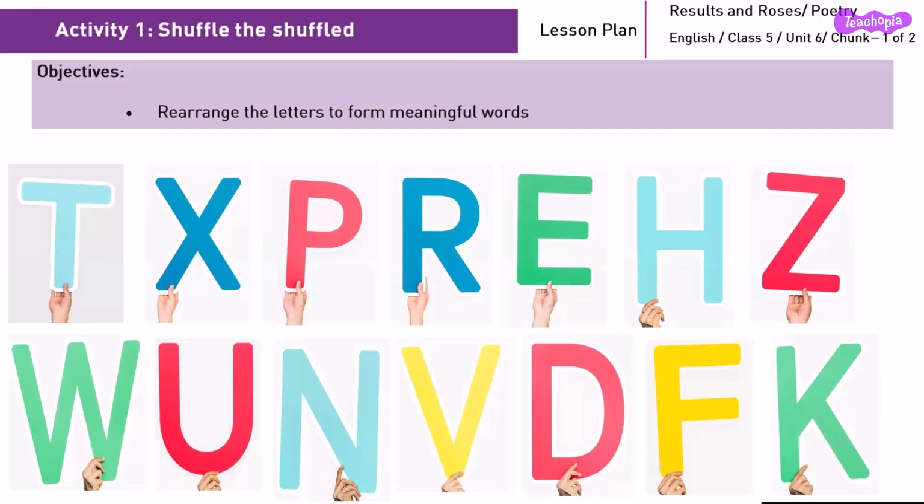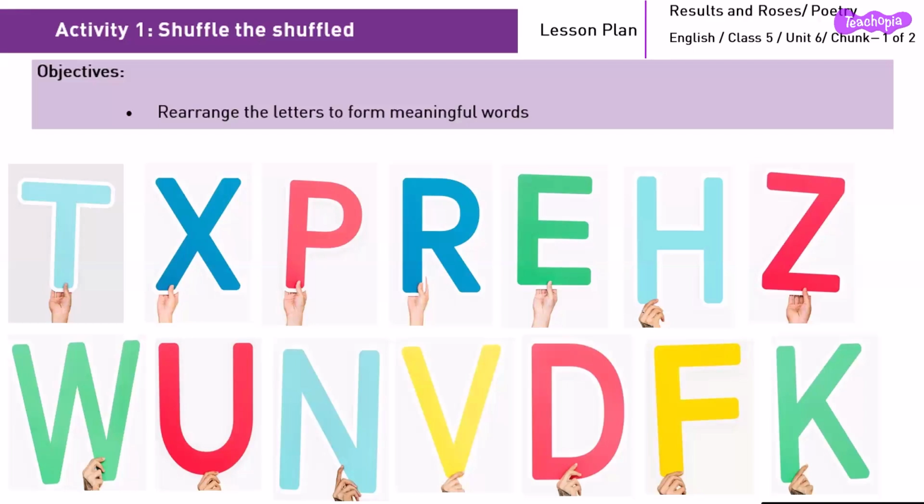The game should begin like this. We have to identify one student from the class as a finder. So one student will be nominated as a finder. The remaining children can hold these flashcards in their hands. When the other children display these flashcards, we instruct the finder to frame some words using the jumbled or shuffled letters the children are showing.